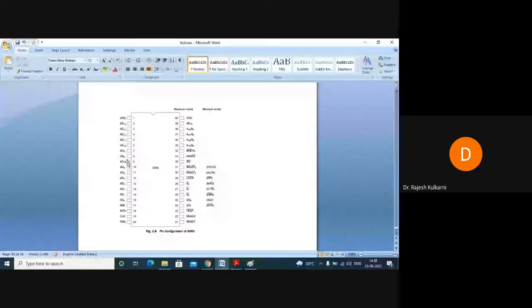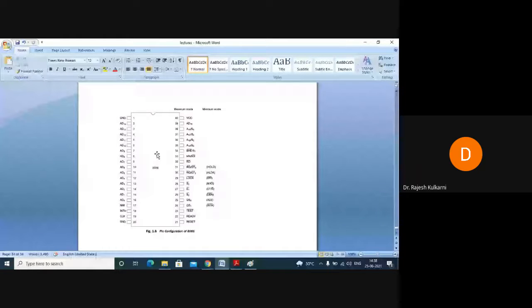So wherever you find combined AD like this, AD0, AD1, AD2, up to AD14, AD15, starting with AD0 till AD15, you have these common letters A and D. A stands for address, D stands for data. It means there is a sharing of address lines and data lines on the same pin. So the same pin is being shared. This is called multiplexing. AD0 to AD15 are address and data lines which are multiplexed.